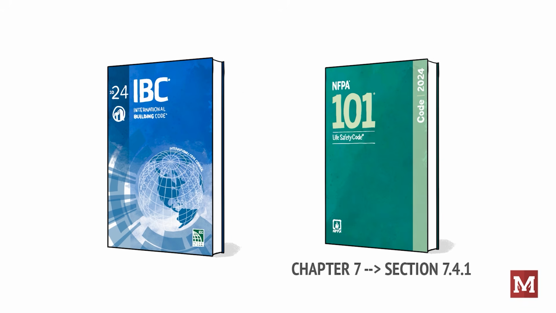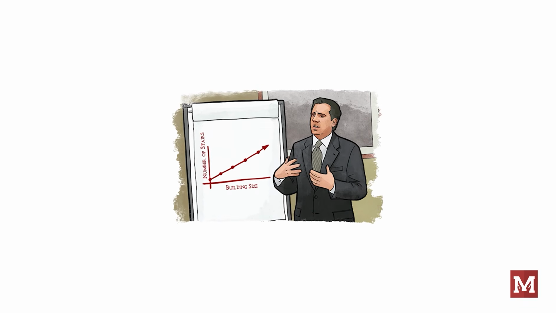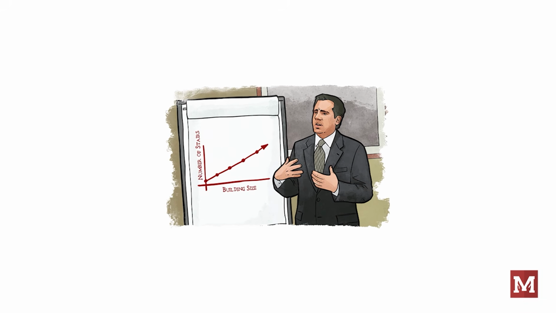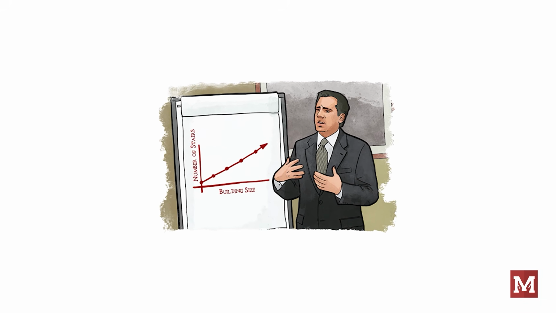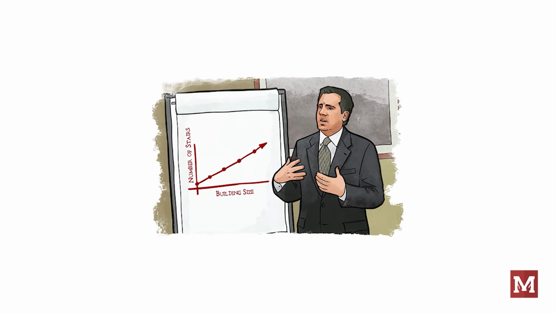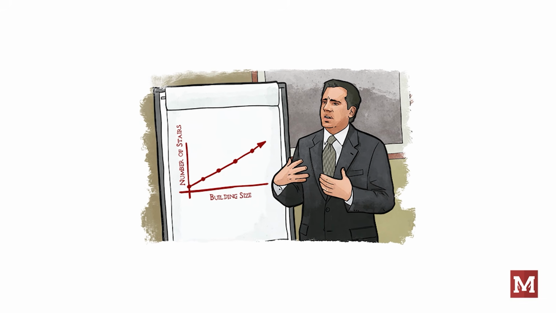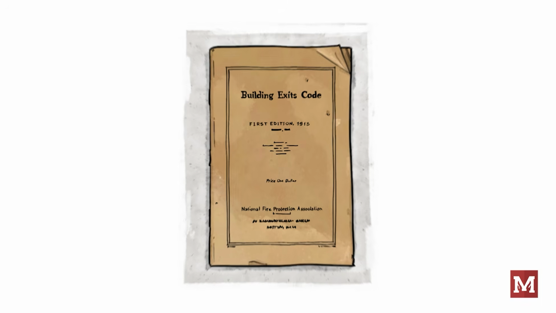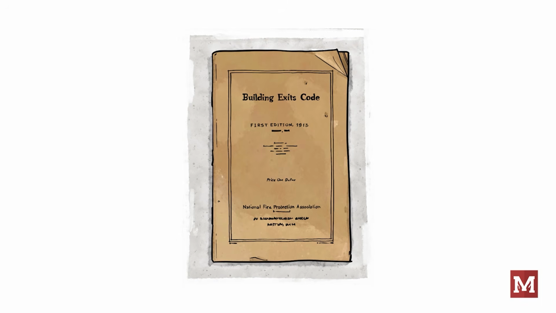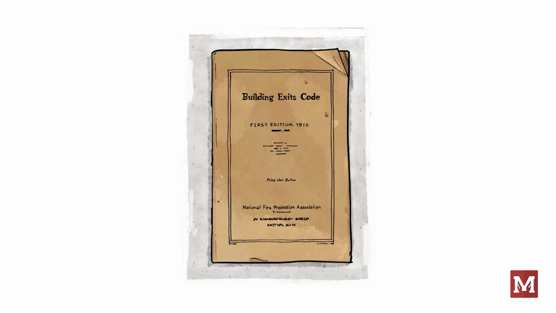requirement. Why? Because more people means more exits are required. The number of exits and the width of exits, which we'll touch on soon, are proportional to the number of people. Now, why 500? That seems awfully arbitrary. Well, this again is the case of rule of thumb. Remember, these building codes date back over 100 years, well before something like computational fluid dynamics and computer-based egress simulations